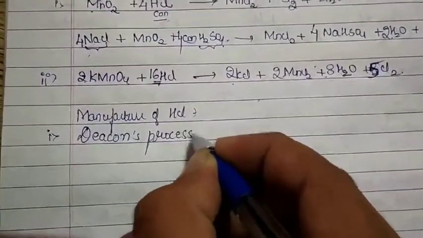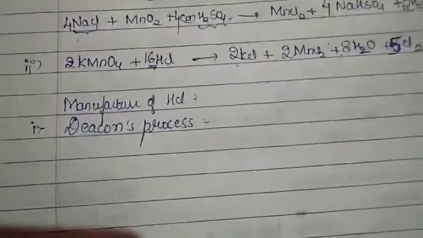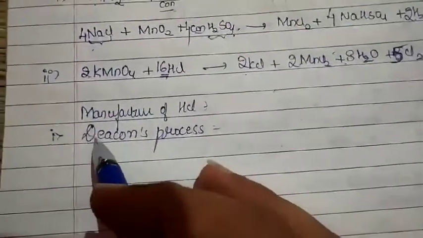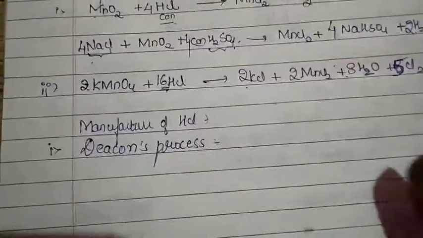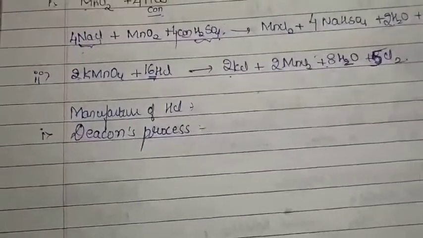Don't spell it as Beacon. Okay, B, if it comes, means it gives you a dish to eat. So don't give it B, it is D. Deacon's process. So basically in this process what you are going to do is oxidize your